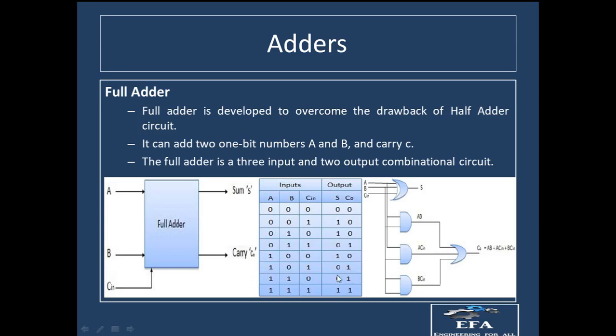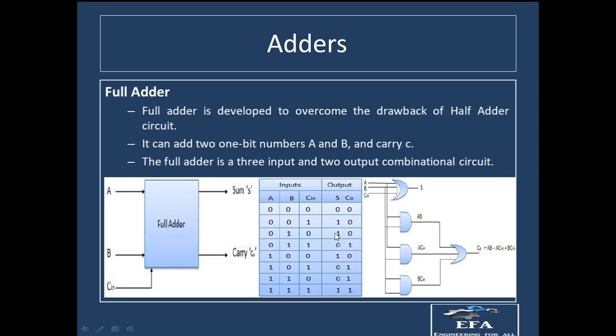So the equations for these outputs can be found out with the help of the K maps, right? We have already discussed in the previous lecture. That is, we need to take the three variable K map, right? At one place we will be having A and the other side we will be having B and C in, right? And wherever we are having ones, we will put these ones in those boxes, and after that we can group the ones and find the output. Similarly, the carry can again be found in the similar manner.